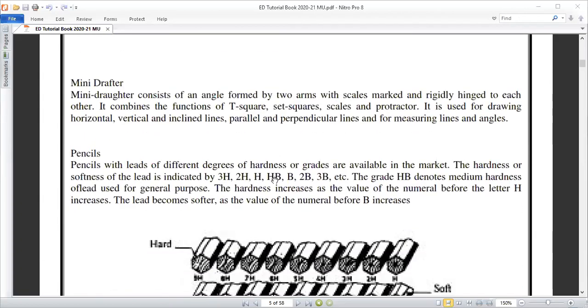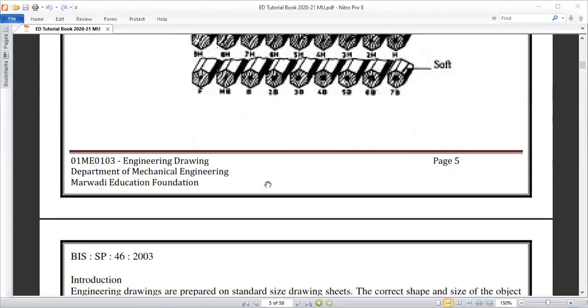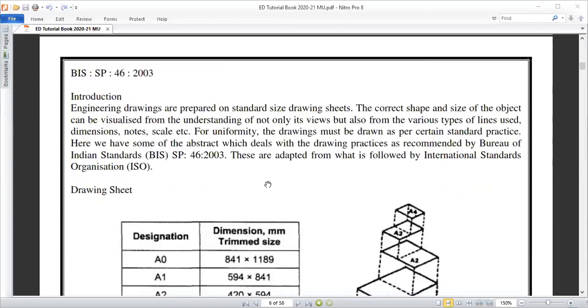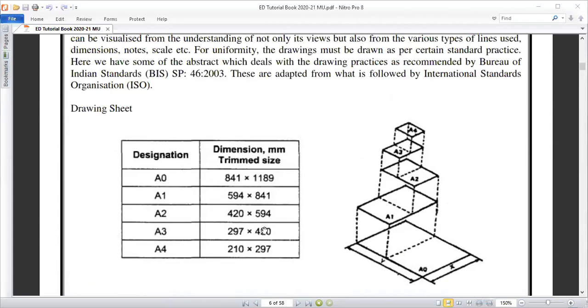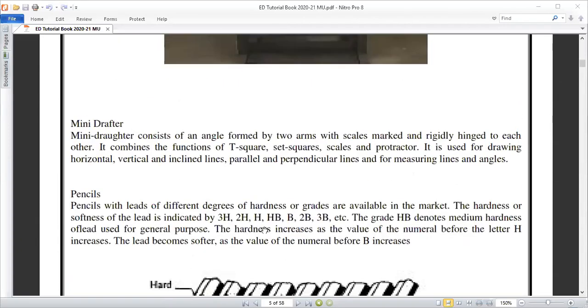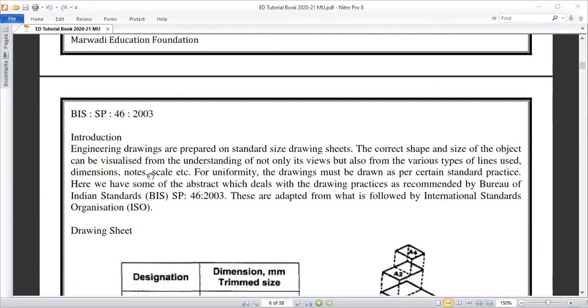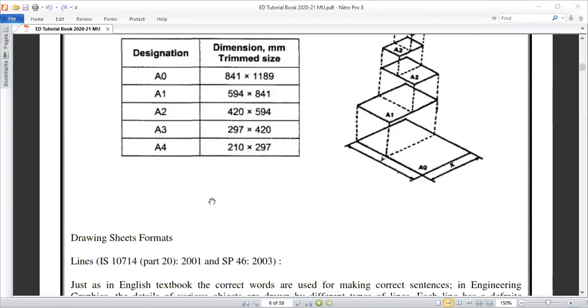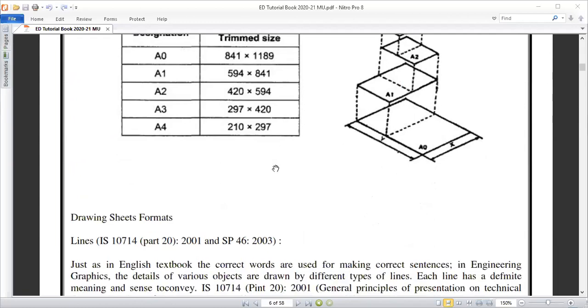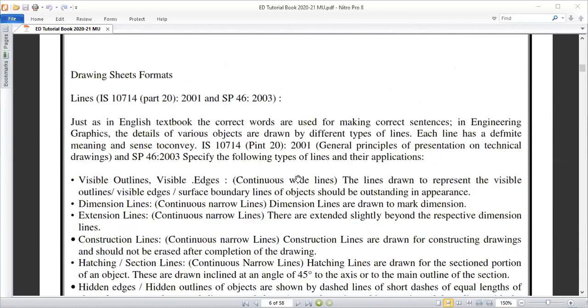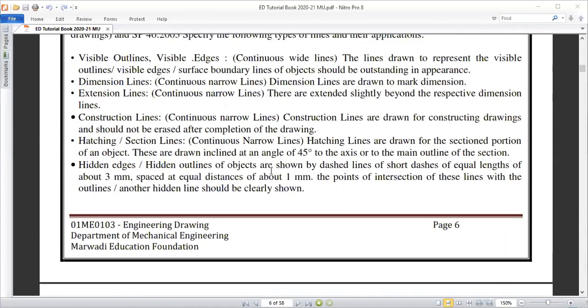Apart from it, in the first lab of the week you are studying orthographic projection. You are aware of how to start your drawing, right? So that part we are not going to discuss right now. You are aware of the use of all these instruments, like a pencil, to draw each and every drawing throughout the lab in the A3 size sketchbook. That thing you are already aware of.